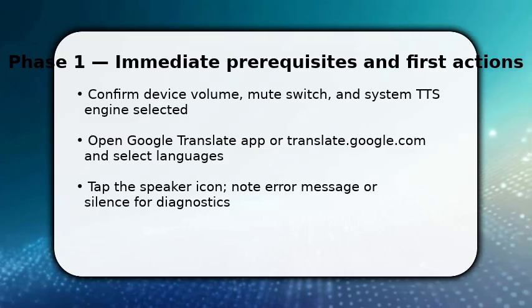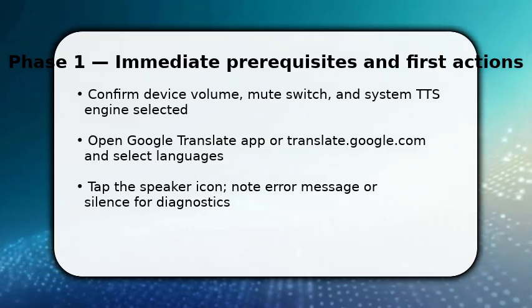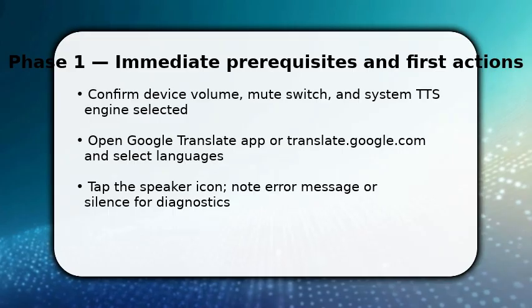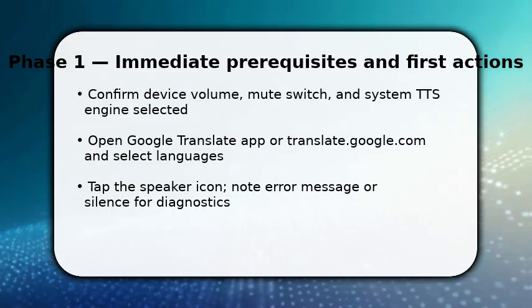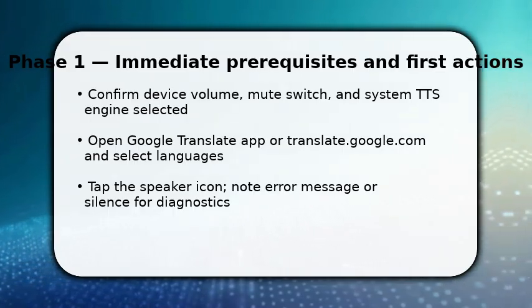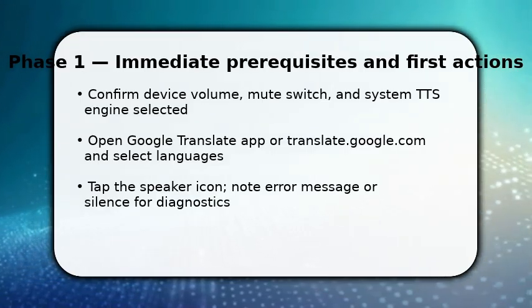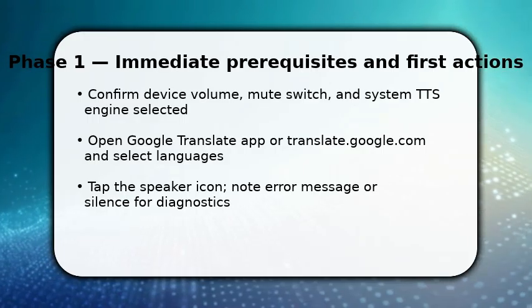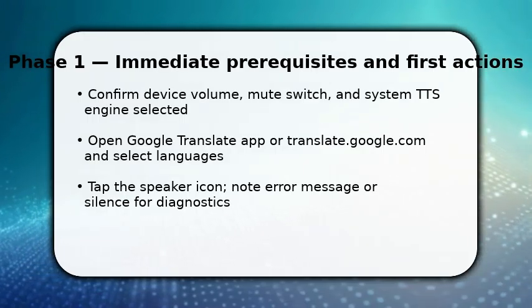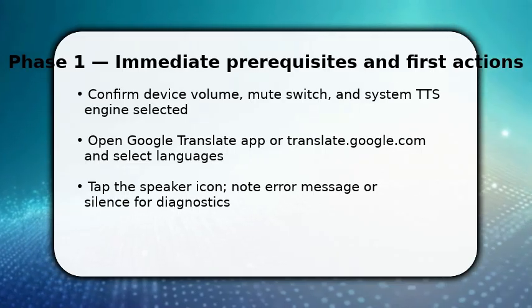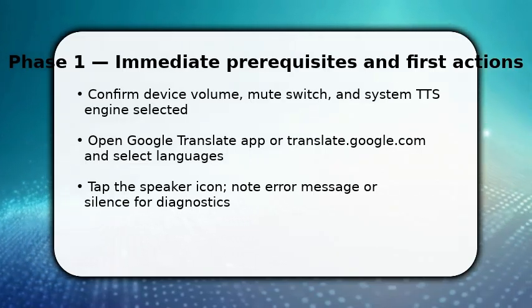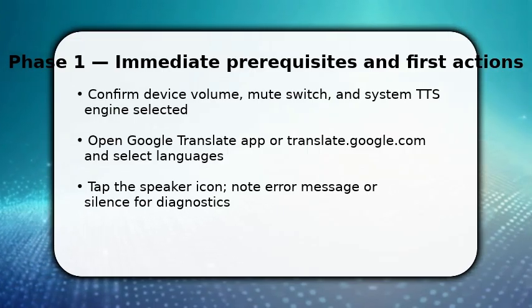Enjoy the video. You begin by confirming essentials: volume, mute, and system text-to-speech engine. Once done, open Google Translate and pick source and target languages so you see the speaker icon. If you tap the speaker and hear nothing, make a note of any error text. That tells you whether it's a network, permission, or engine problem. Do this now so the next steps target the root cause rather than guessing which layer, browser, app, or OS